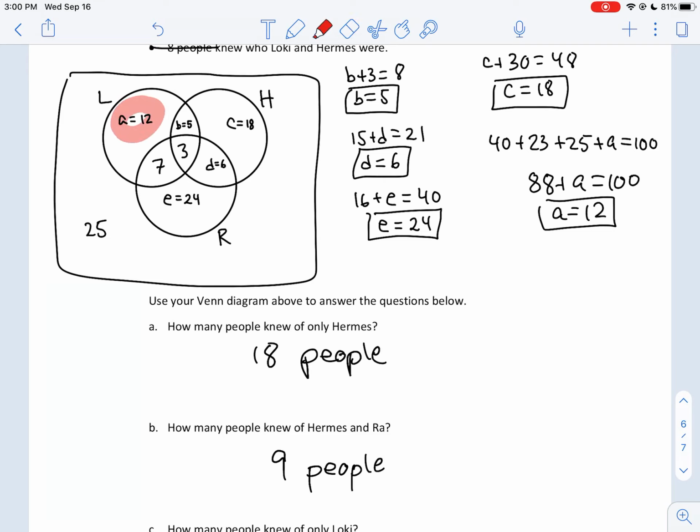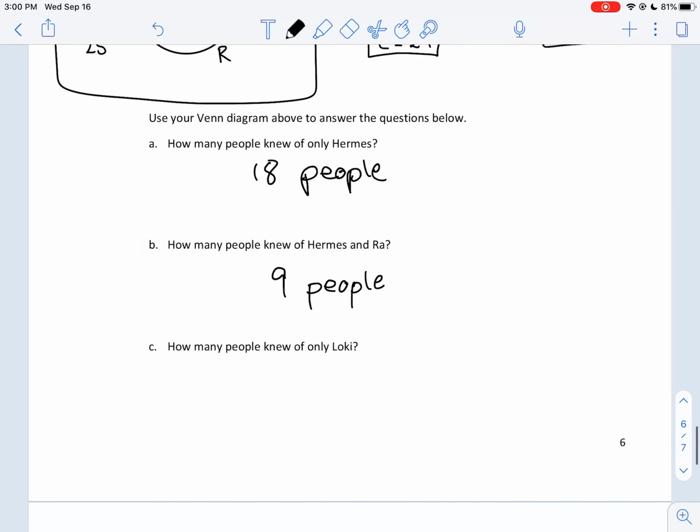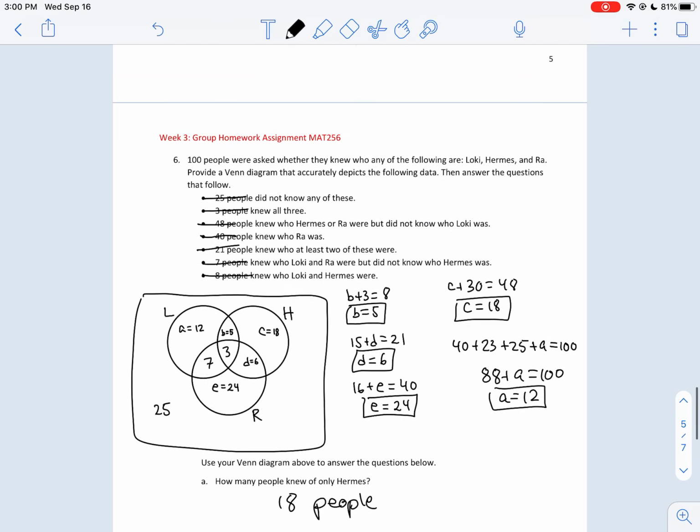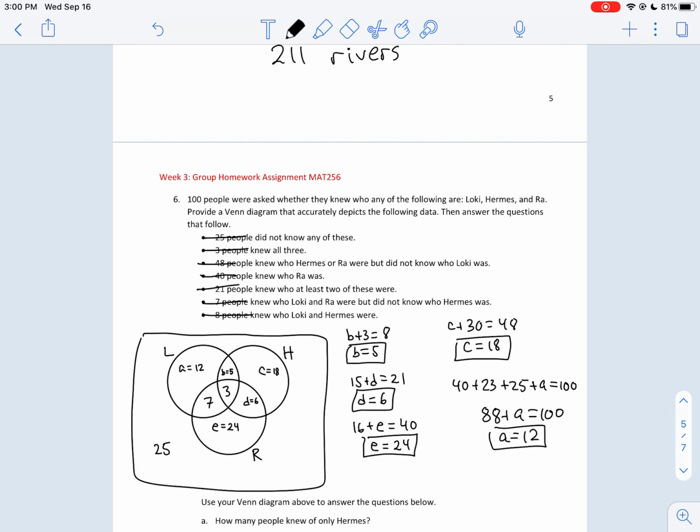How many people knew of only Loki? Okay, so only Loki was the last thing we actually figured out was A, right? Just that number there is only Loki. So they don't know Hermes, they don't know Ra. And that's going to be the 12 people. Okay, and that is our